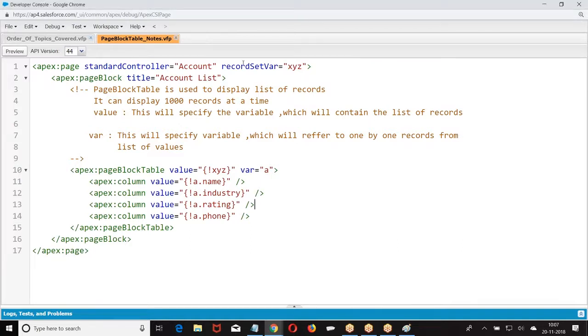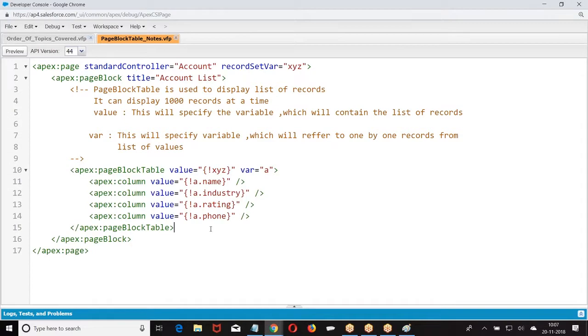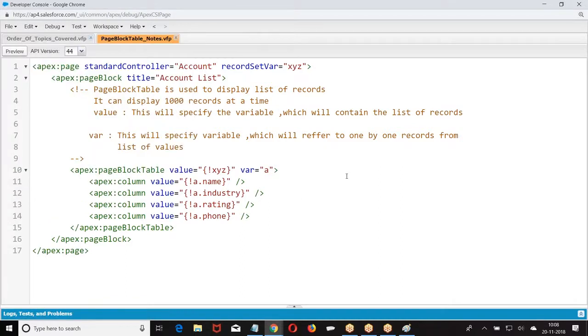We are following the next requirement. Now, if I display the data using a page block table, similarly, we have other concepts like data table, data list, repeat. Same concept. Now, let me come back to the story. Listen carefully. If you have followed this example, then only you can follow my next example. Everybody is good with this? Everyone has clarity? Clear? Now nobody will ask the question. Right? When I go to the next topic, we'll come back to the first topic again. Everybody is good with this? No query? No, right? Okay.